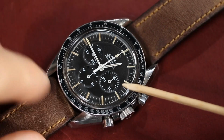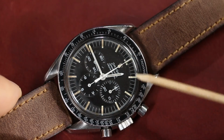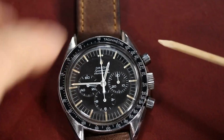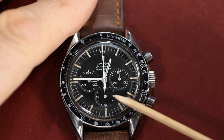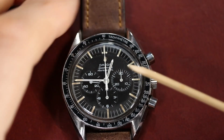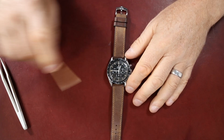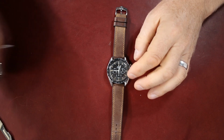So body color, excellent. The plots, well, first of all, the print is excellent, but the plots are missing slightly in some areas. And indeed, if you take a static photograph, sometimes you will see that this area here is darker. Now, it's quite common for the dials of this era to have problems like this. It's possible to find them without, and I will bring in one that doesn't have these problems,